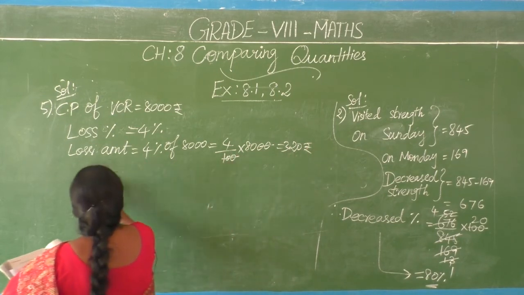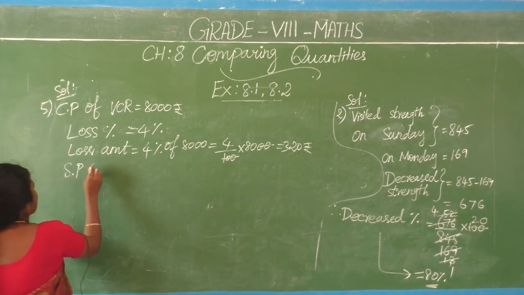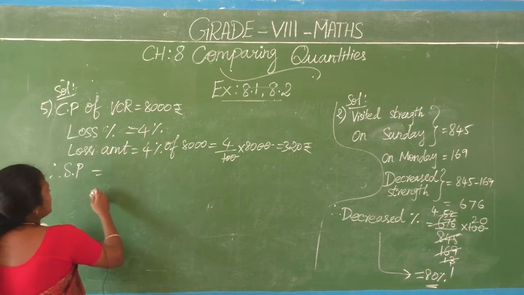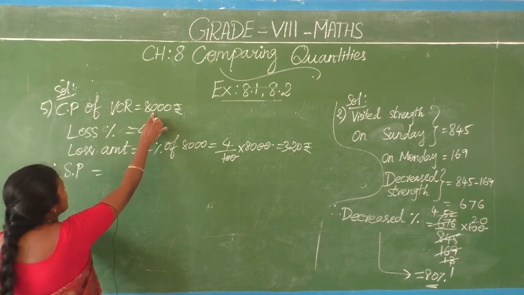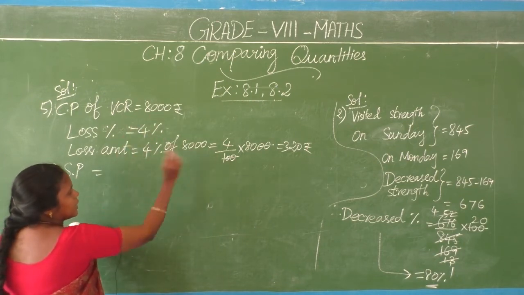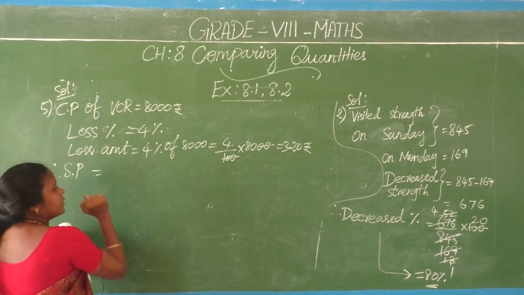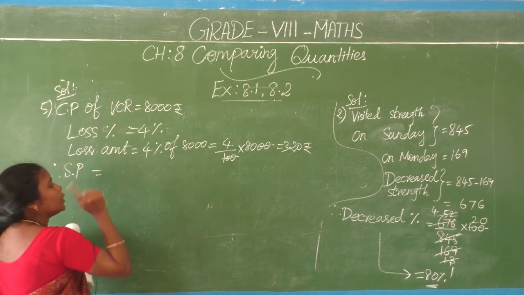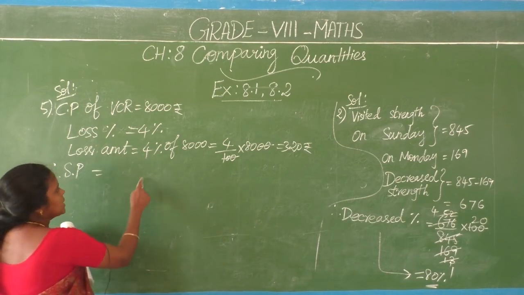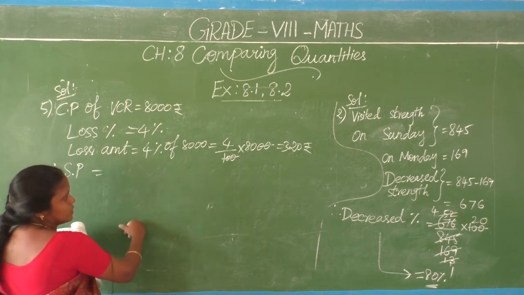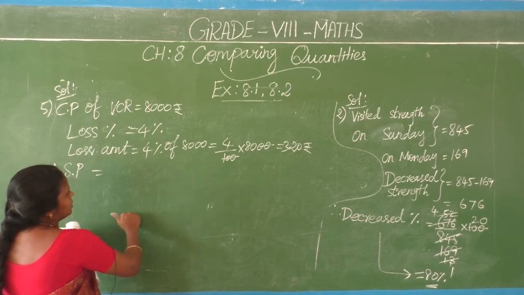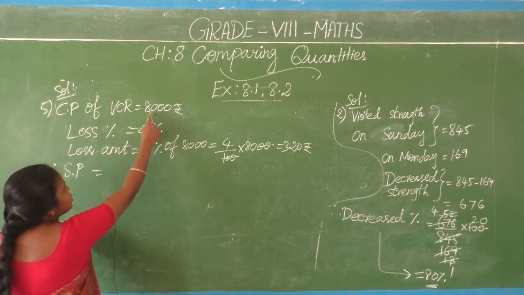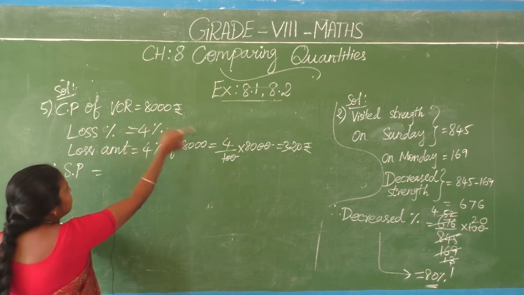That means his selling price. Therefore, how does the selling price come? 8,000 cost price, loss 320. What is this SP? When will you get a loss? Only when your CP is greater than SP will you get a loss. Yes or no? Loss equals CP minus SP. So if the loss is 320, what will the SP be? This is to be subtracted: CP minus loss.